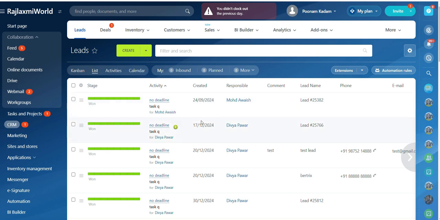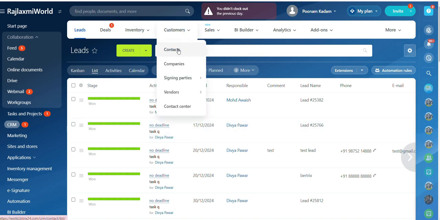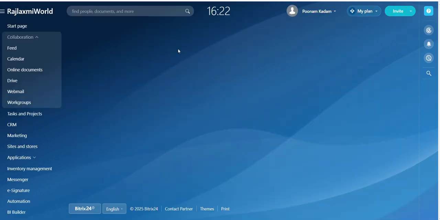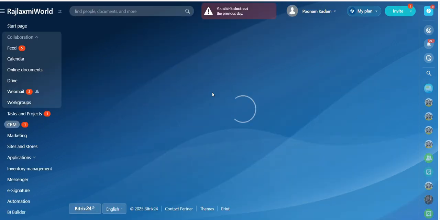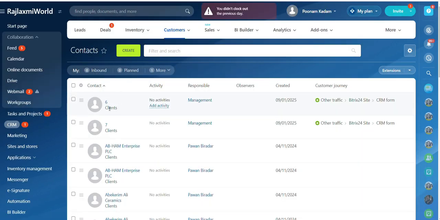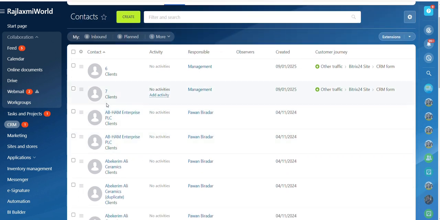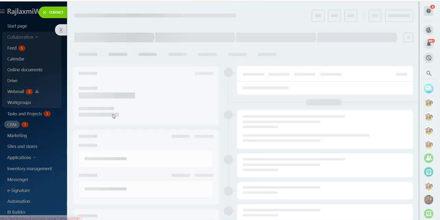Activities can be added at various points in Bitrix24, but for today, we will start by looking at a contact record. So I'm just clicking on contacts. For example, this one here, that is ABHAM Enterprise. In the contact record, you will see a timeline. I'm just opening that contact